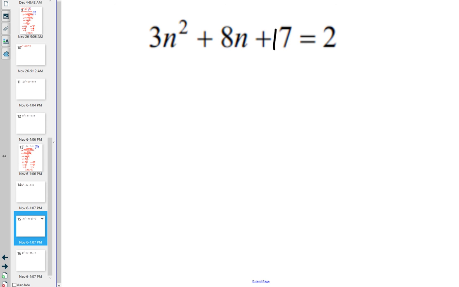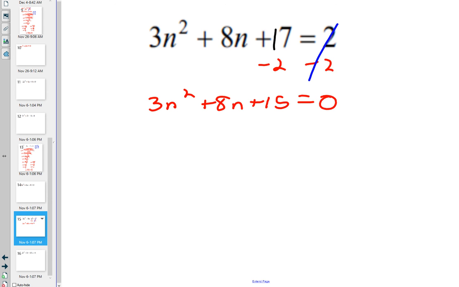First step would be set it equal to 0, so minus 2 minus 2. And we get 3n squared plus 8n plus 15 is equal to 0. So my A is 3, my B is 8, and my C is 15. So when I substitute n, now not x, n, yeah,